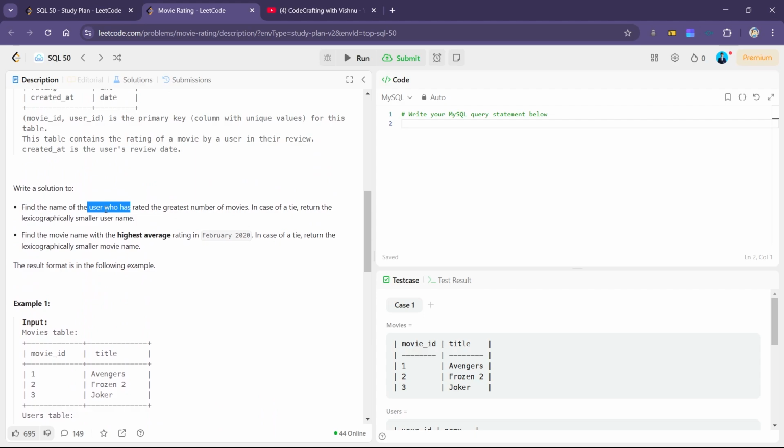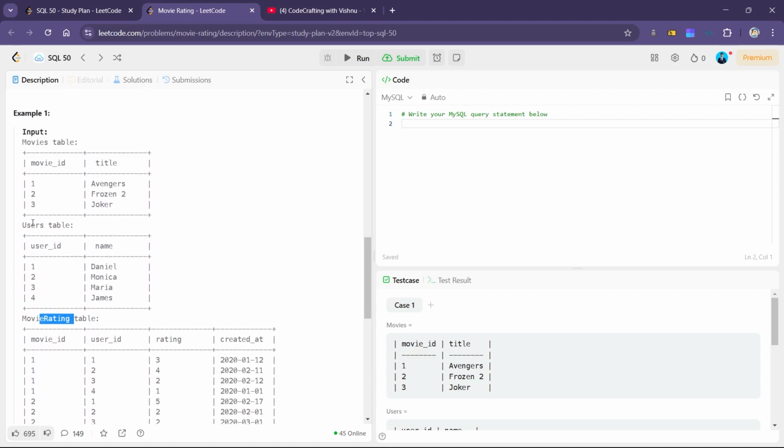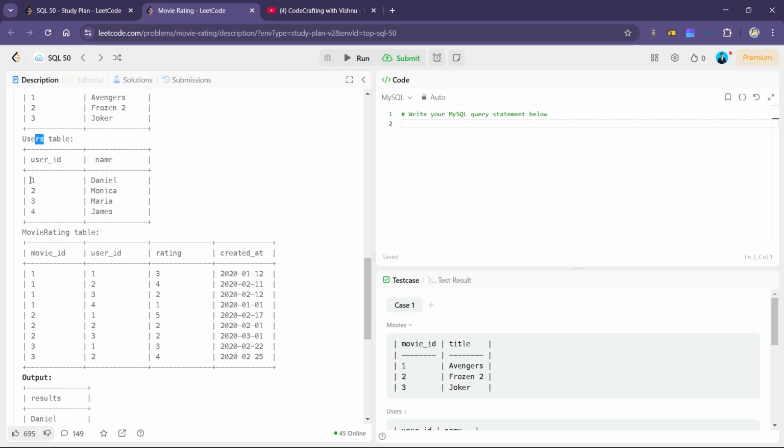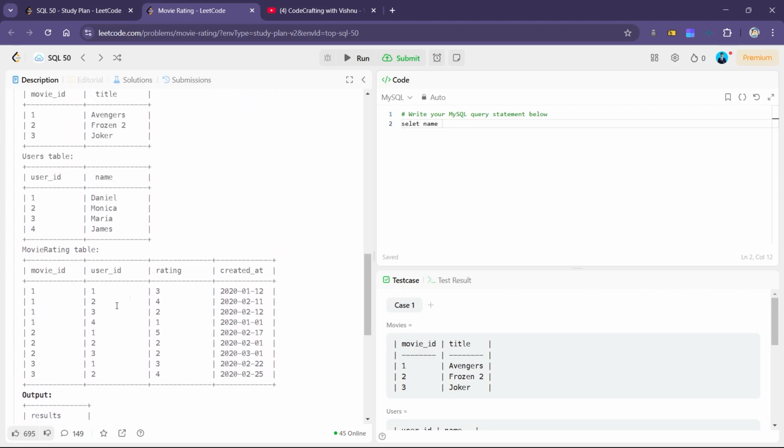Also, we want the username, so for that we have to join movie rating table with the users table on a condition that user id in the users table is equal to user id in the movie rating table. So what we have to do is select name. So you see in the resulting table we have result as a column and then under that we have Daniel as a name. So we have to select the name from this movie rating join users table. This name we have to select as result